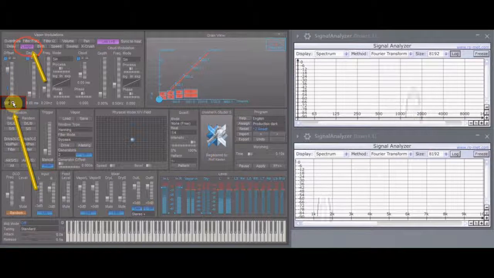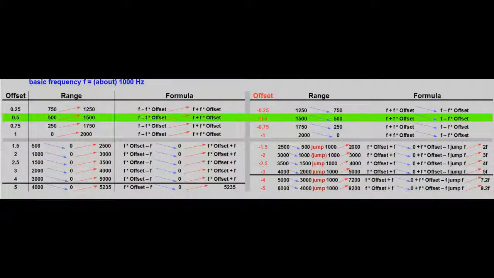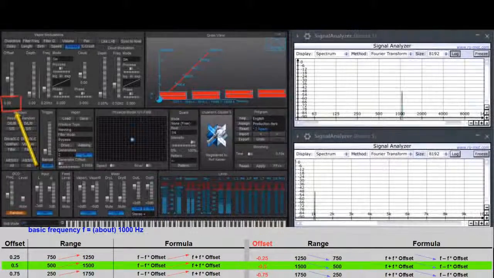The shorter the grains, the faster the changes of its frequency, meaning with short grains we can achieve frequency modulation, FM effects, like in an FM synthesizer. I'll come back to that aspect in a moment, but let's have a look at how the sweeps across the adjusted range go on. At offsets from 0 to 1, the grain's frequency goes up or down linearly, for example,